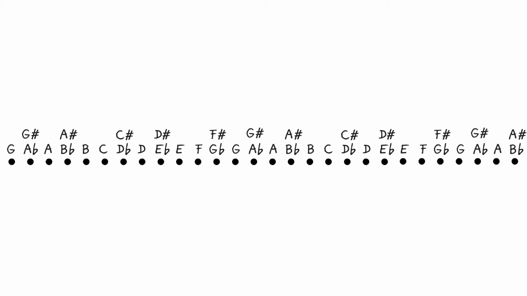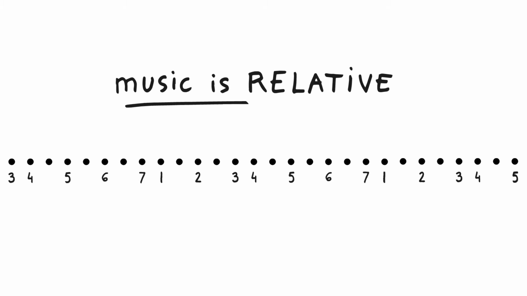The first step to understanding these songs is to realize that the names of the notes don't even really matter, because music is relative. Every one of these melodies is just a sequence of notes from the major scale, and